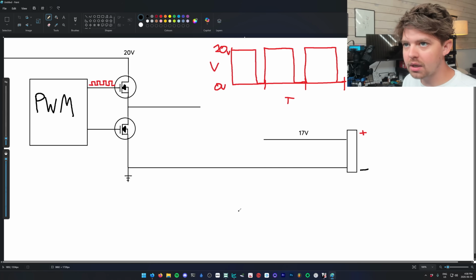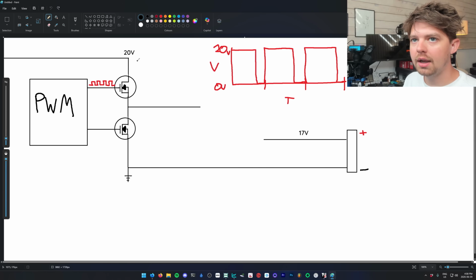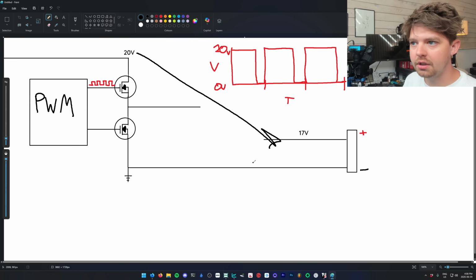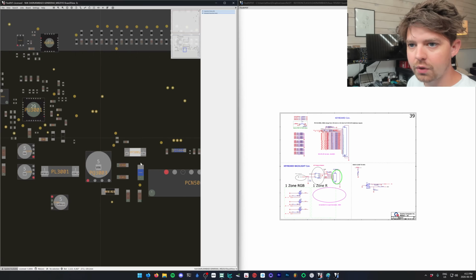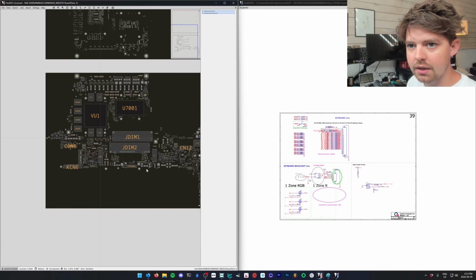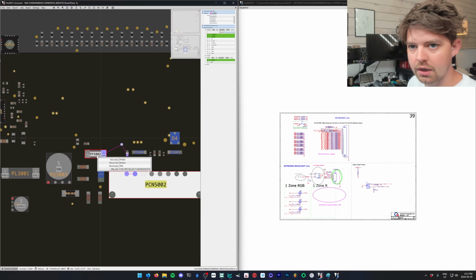So let's take a quick pause here and check our laptop and see if we can figure out where this PWM is and where these two MOSFETs are in order to turn our 20 volts into our 17 volts for the battery. So here is our board view and our schematic. And on the board view here, you can see this is our battery connector at the bottom of the PCB. Here are our positive pins going to this fuse here. So we can check